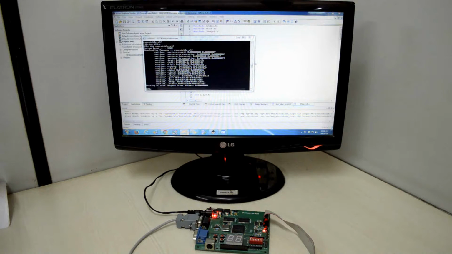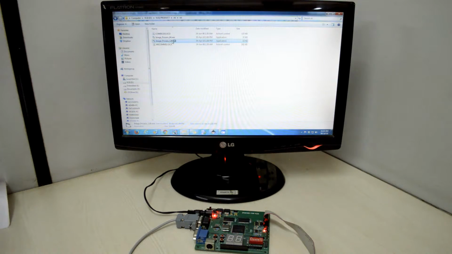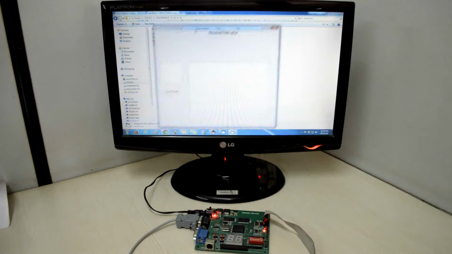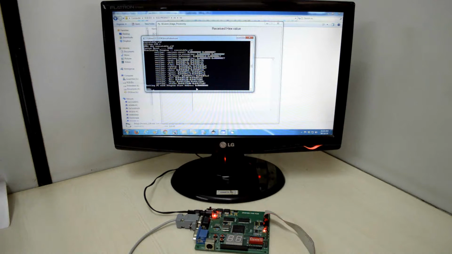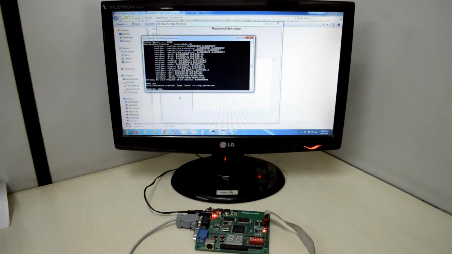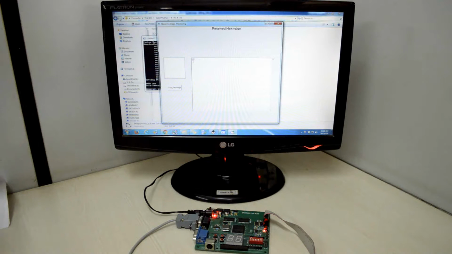Now we have to open a Visual Basic GUI to view the output. This is the Visual Basic GUI to view that 128 x 128 image output over here, and this image is received through the serial port at 9600 baud rate. Now type run to see the output. Type run and enter. Once we do this, you will see that data is being received serially over the Visual Basic GUI at 9600 baud rate.